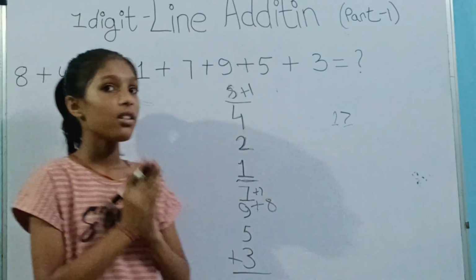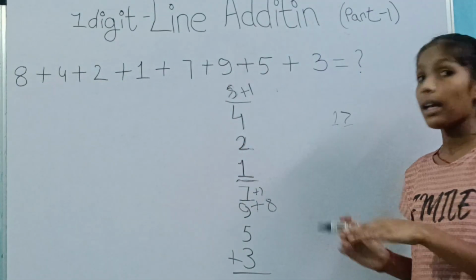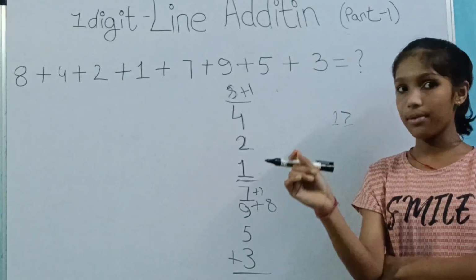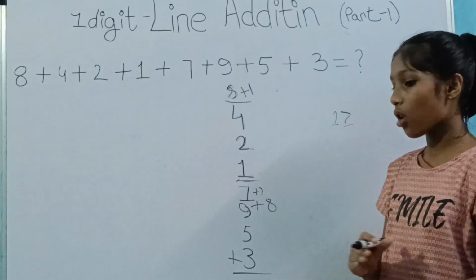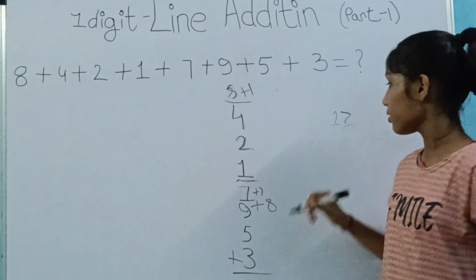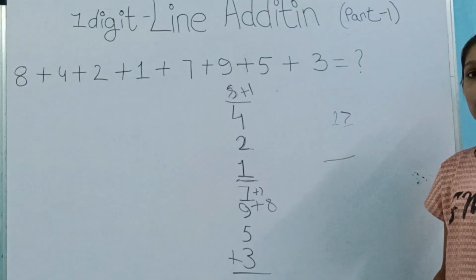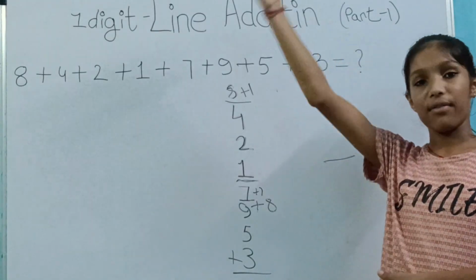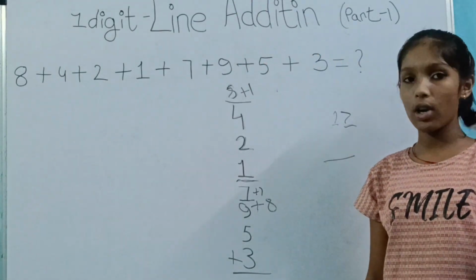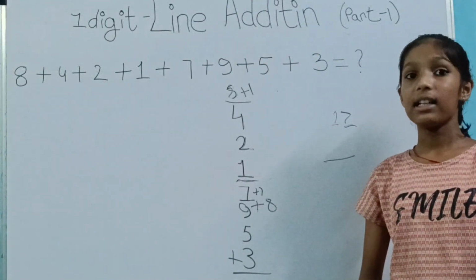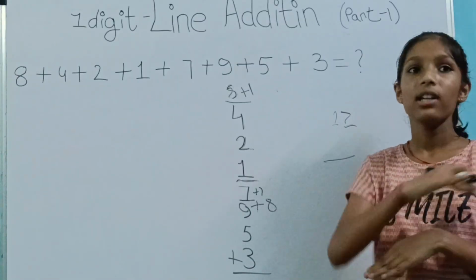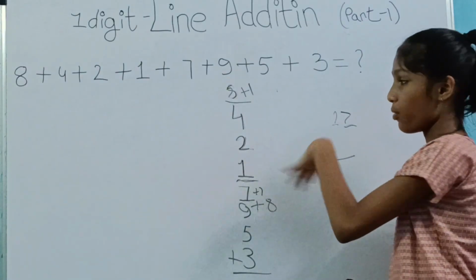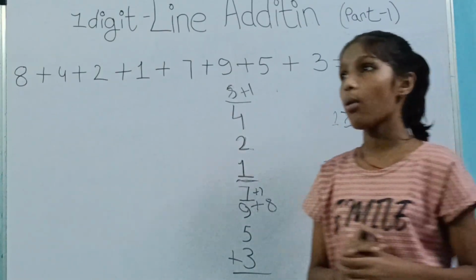So we got it. Some important points to remember: whenever we get a number which is greater than 10 or exactly 10, just drop a line like this and then carry the number which is in the ones place and add it to the number which is above the dash. Then whatever number we get, keep adding. If it's exactly 10, then okay, just draw a line, and 10 has 0 in the ones place, so we will add 0 to whichever number is above the dash. So these were the important steps.